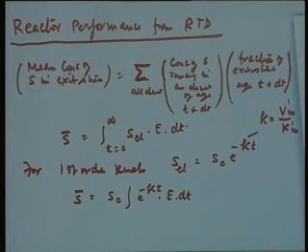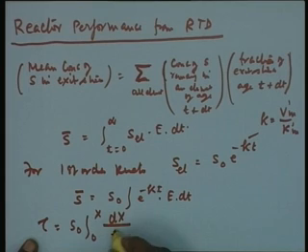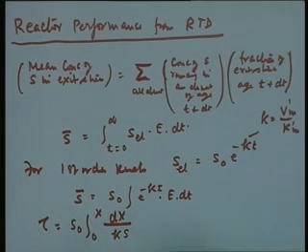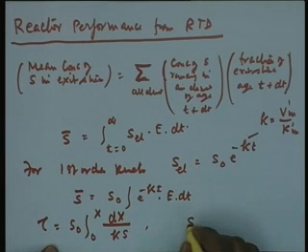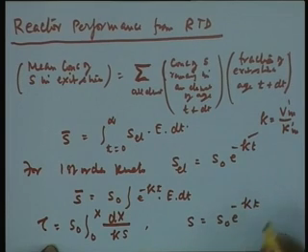as a function of flow behavior and reaction kinetics. Now, on the other side, the same performance can also be judged by purely kinetic analysis. In the case of a plug flow reactor, tau is equal to the integral from S naught to S of dS over k into S, the classical balance equation which gives the performance of a plug flow reactor, and from this one can write S is equal to S naught e to the power minus k t. Because in the case of a first order reaction there will be an exponential consumption of substrate with time,